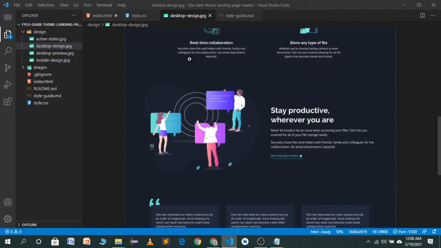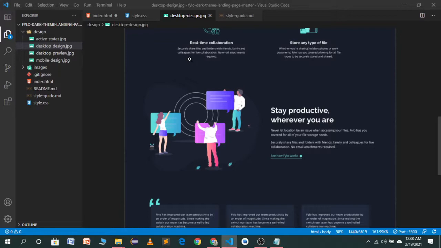and in the text container we will have an h1 tag, then two paragraphs, and then a button. So for h1, the next part will be two paragraphs, and the fourth part will be a button. So heading will be this one, stay productive wherever you are. Now you will see this same, stay productive. After productive we want a line break. After stay productive, we'll use a br tag.